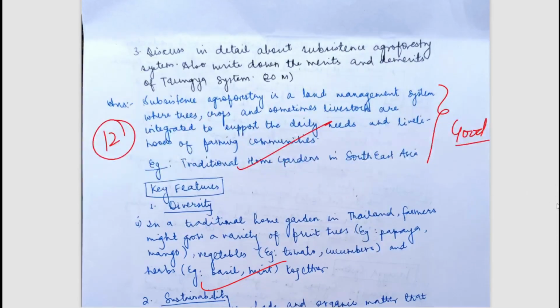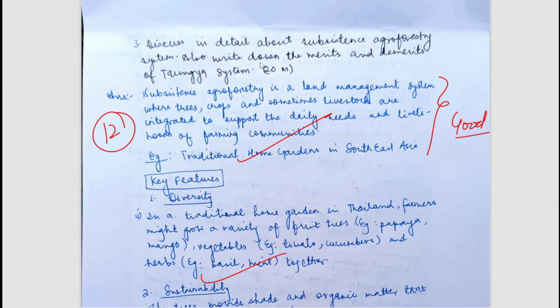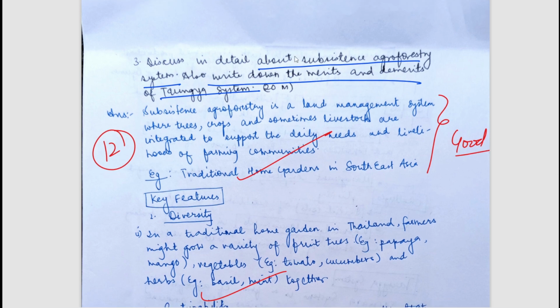Now the next question, the third question, was a 20 marker question. The question was: discuss in detail the subsistence agroforestry system. Also write down the merits and demerits of the Taungya system. So what is a subsistence agroforestry system? It is when you do agroforestry for